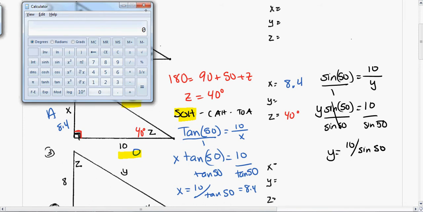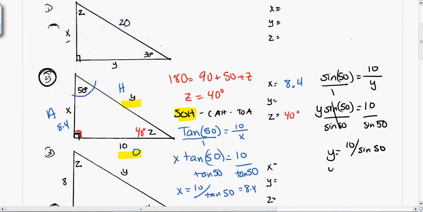If you're using a scientific calculator, you need to figure out what the sine is first. So I would type in 50 and then hit the sine button. So the sine of 50 is about